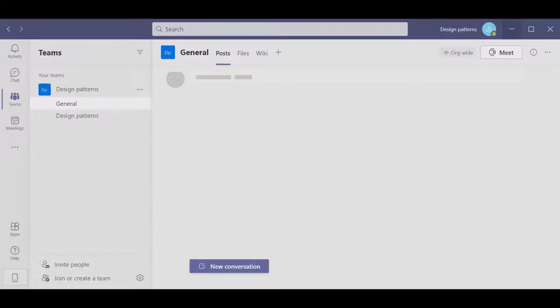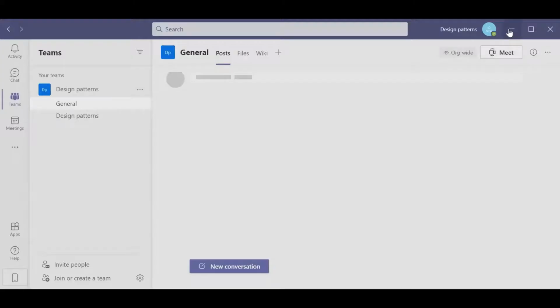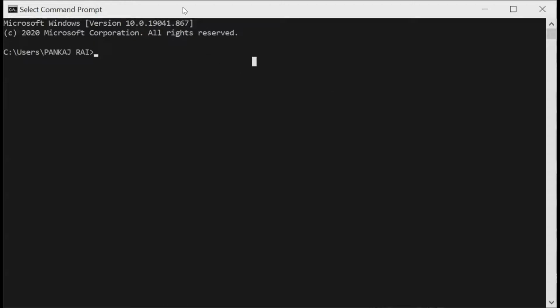Yes, this CMD is the same thing. Is it visible to you? No, CMD is not visible. What happened? Now it is visible. Yes, it's visible. Let me know what I should do here.